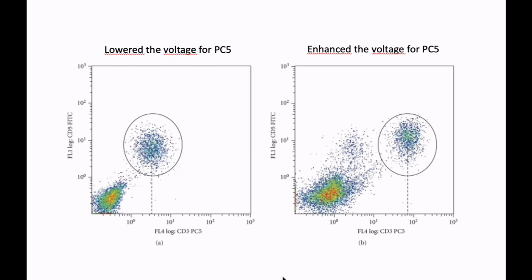You may even have the same sample that is stained and the same sample not stained, and you will see the difference. And when you read these two samples, one positive for PC5 CD3 and one negative for PC5 CD3, you can exploit these two samples to modify the voltage. Okay, so when you read your samples, for example your treated samples for your conditions, you will be able to clearly quantify and see the populations.